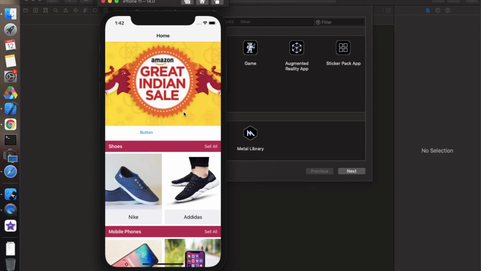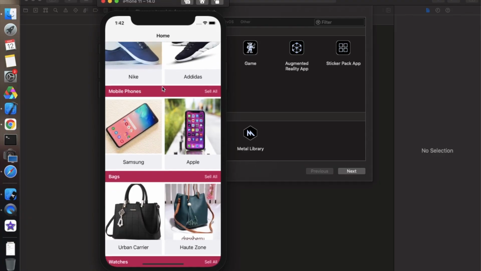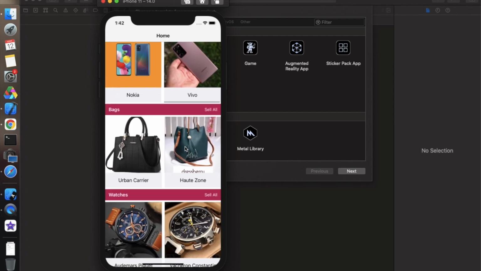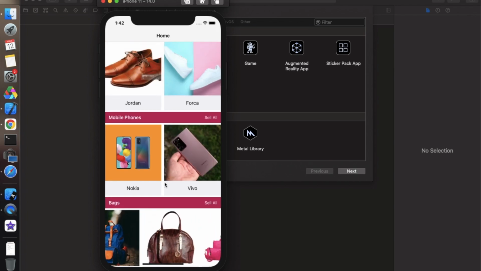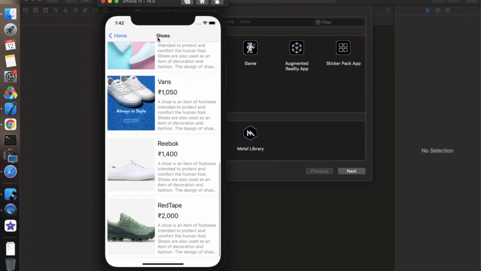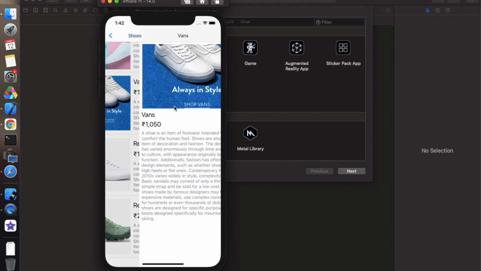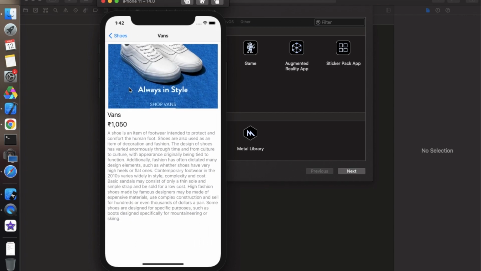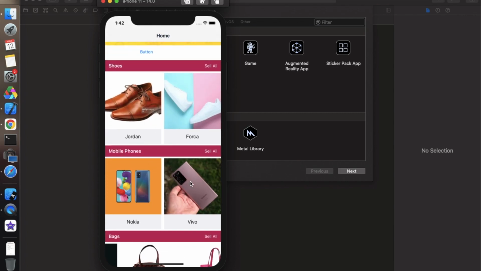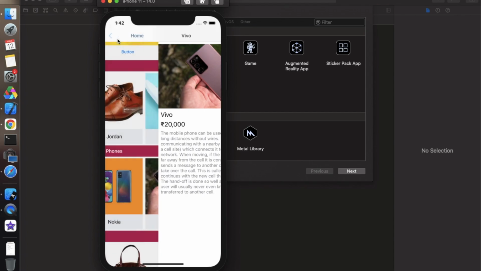So this is the demo part, in which we have this table view, and this is a collection view which will have all the products in the application. Now as I click on this See All button, it will show me all the products related to this specific shoes category, and as I click on any of the products, it will show me the details of that product. Similarly, if I click on any of these products from here, just something like this, it will show me the details of every product. So by the end of this video, we will be able to create this kind of functionality and we can see product details from every screen.